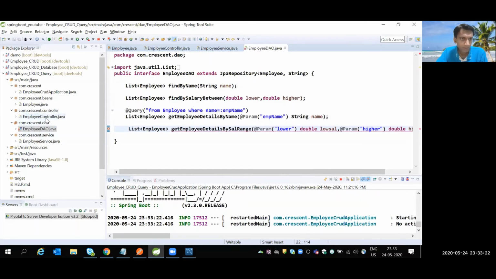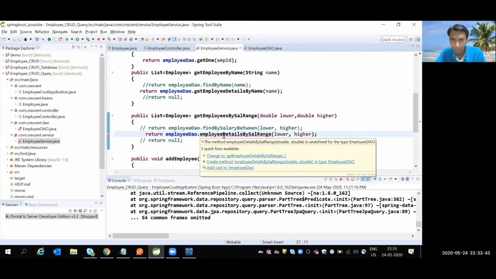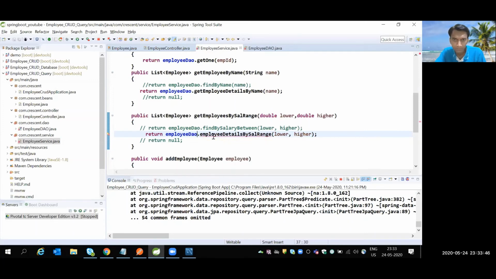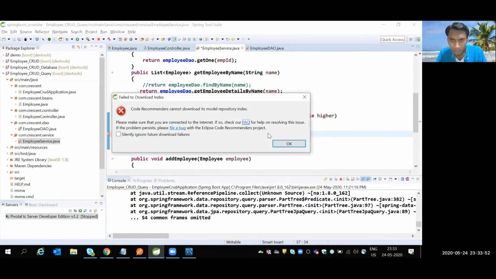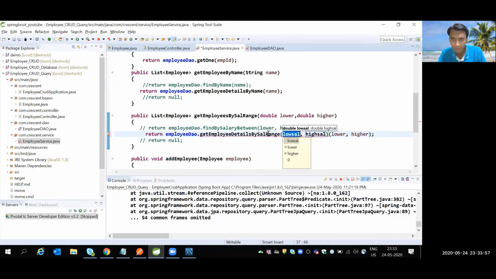According to this, let me change the service layer. This time I'm using the @Query annotation method, employee details by salary range. Save all.